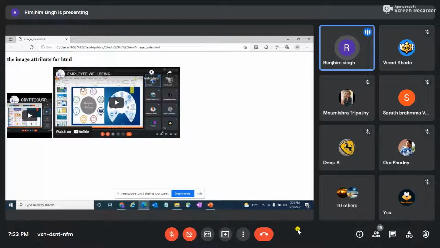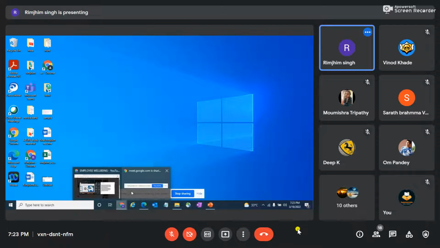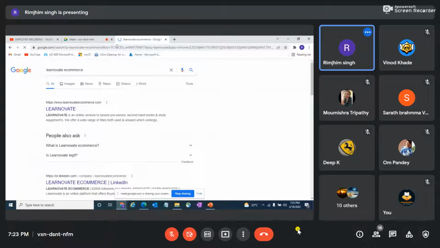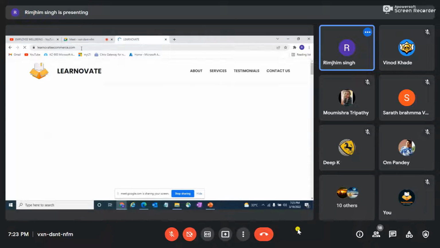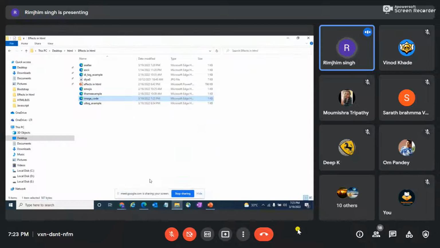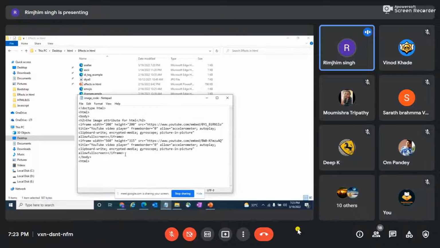And then let's try to add a web page also. So what I'm doing here is trying to embed a website in my program. Open with notepad, and then here what I'll do is